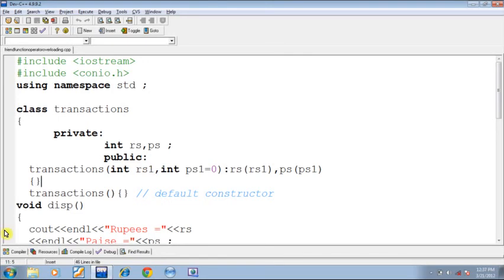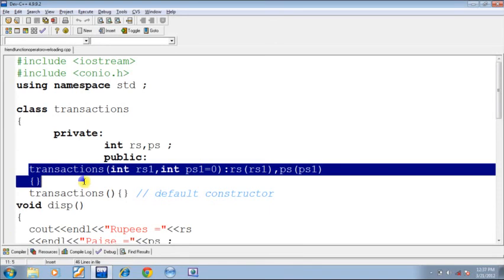Now see, concentrate on this particular constructor. This is the constructor which I explained in part 1, a constructor with default argument value. See carefully.